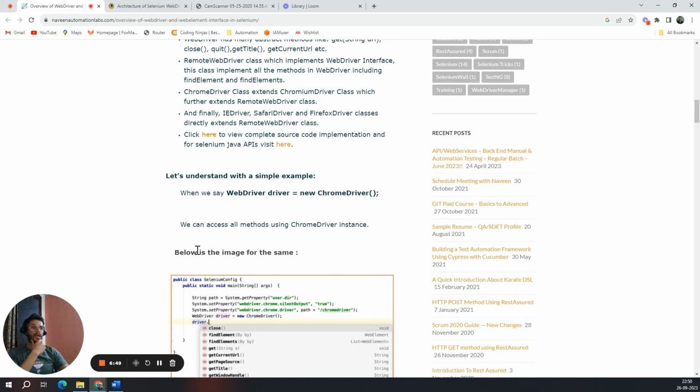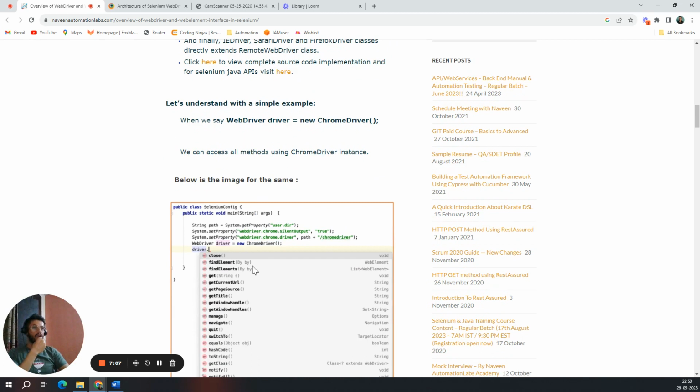What this exactly means is that with WebDriver is equal to new ChromeDriver, we are creating an object of ChromeDriver. New ChromeDriver is the runtime object. Driver is of type WebDriver, so we can access all the methods using the ChromeDriver instance. If you write this, you will be able to access all the methods of